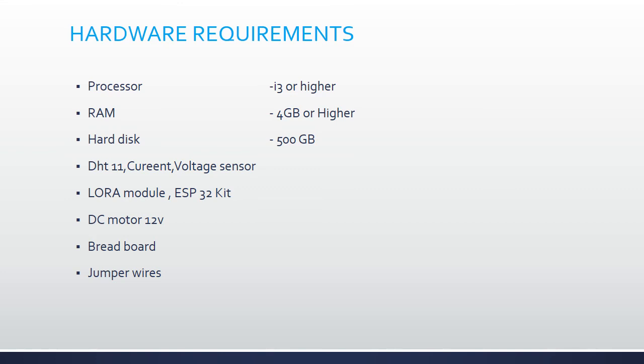What is ESP32? It is a development board, also known as a Wi-Fi module, which operates at 5 volts. It has general purpose input output pins. It has a dual core processor. It has built-in Wi-Fi module and Bluetooth module, and operates at a low voltage. It is manufactured by Espressif company.